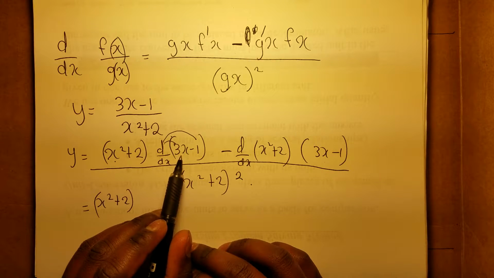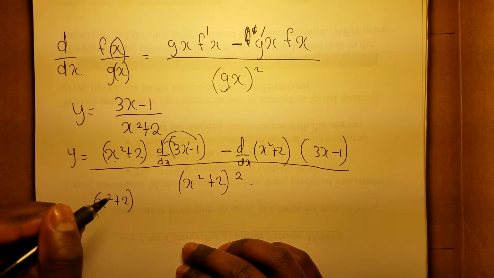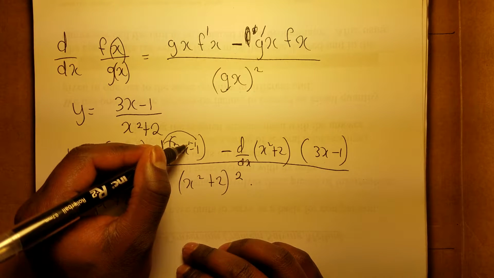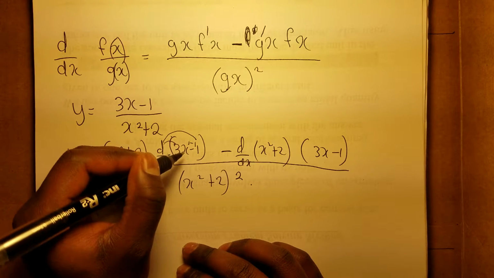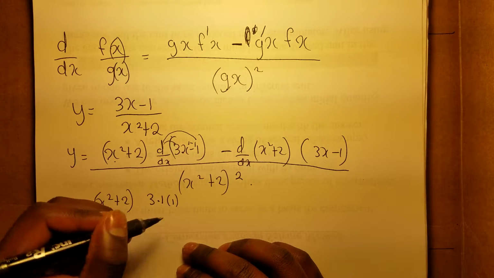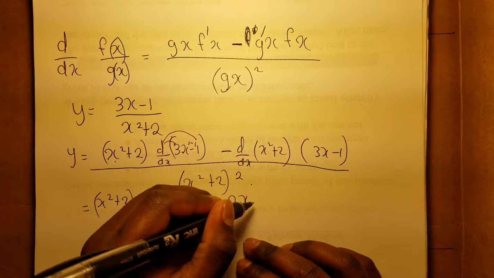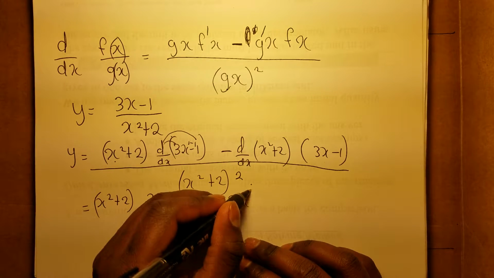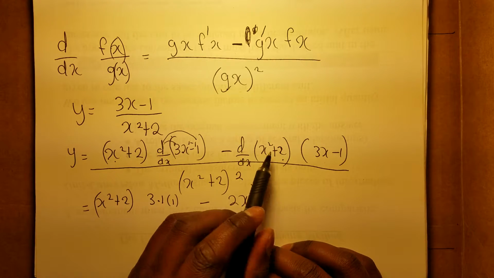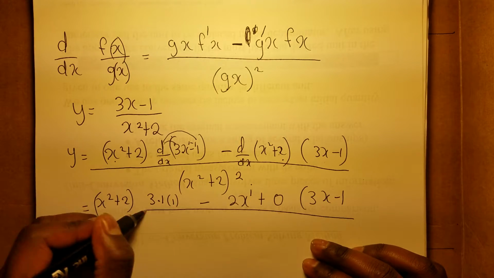So the derivative of 3x, this is a power form, meaning that this is x to the 1 here, so you get 3 by 1, x to the 1 minus 1 is 0. x to the 0, anything to the power 0 is 1, so it'll be 3 by 1 by 1, minus the derivative of x squared, which is bring the 2 down. You get 2 minus 1 is 1, so you get 2x to the 1, plus, now this is a constant, this is a number, so the derivative of a constant is 0, times 3x minus 1, all divided by